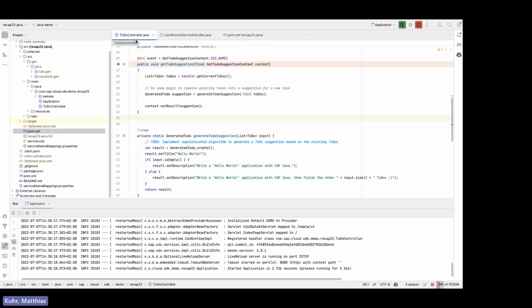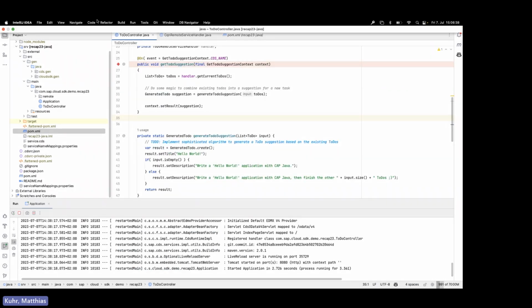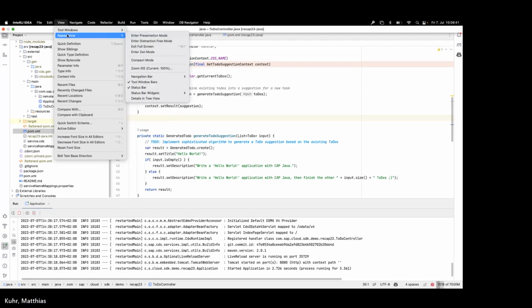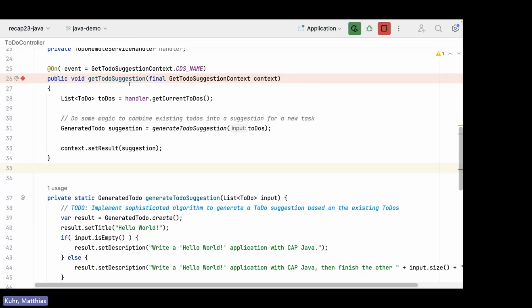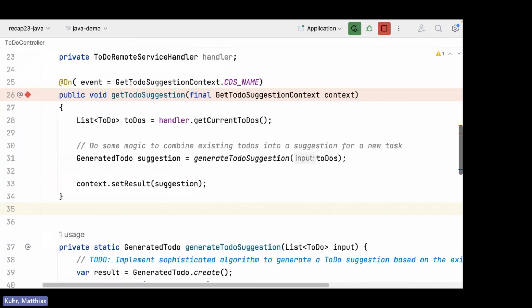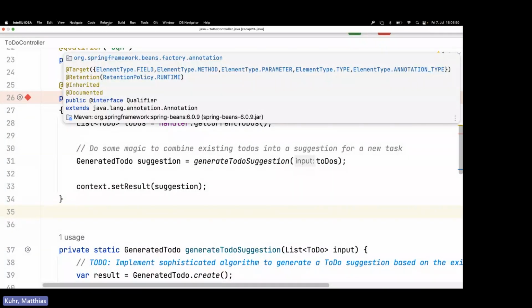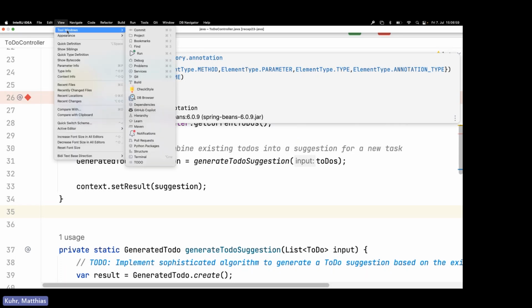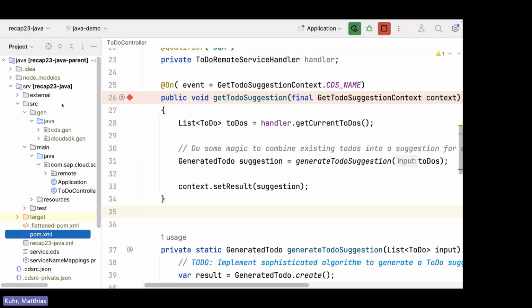And here, I have to quickly jump back to my presenter mode to make it bigger. Here we go. All right, so that you can actually read what we have. So we have here a small CAP application, and I've already added a handler here. And if I can just also show the project, here we go. You can see it's just the typical CAP Java application, right? We have our main application here, and currently I'm in the to-do controller, right? This is then the to-do suggestion that we want to generate,